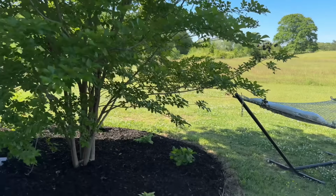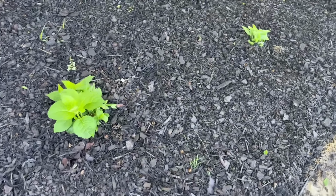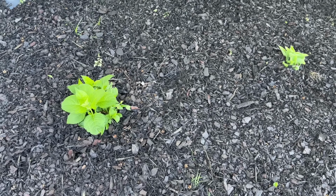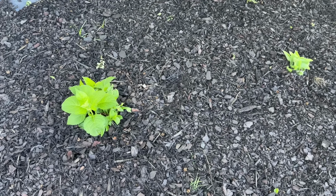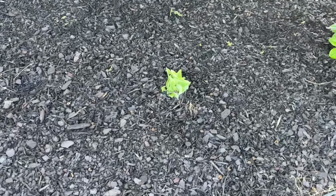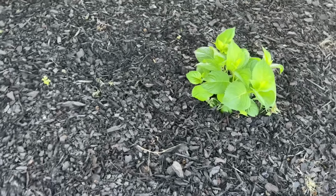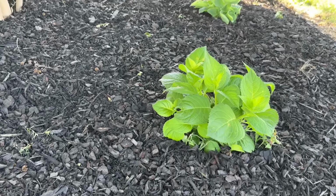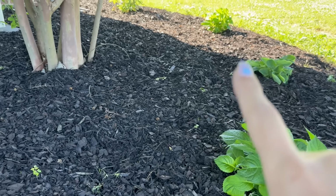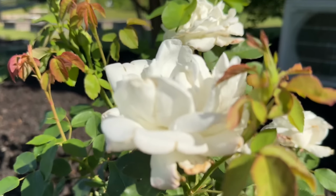So we've been so excited about that. So that'll put off pretty white blooms. And then over here we have, again, the same, I think these are called Blushing Bride. They will have a little light pink to them, but for the most part they are white. And then we have a hosta, and it puts off a little white foliage. A hydrangea, another hosta, another hydrangea, and then over here this side we have another beautiful antique rose, so fragrant,